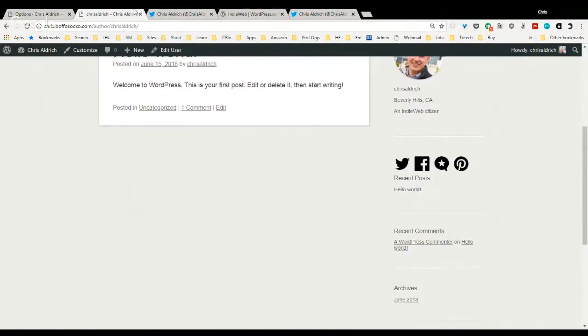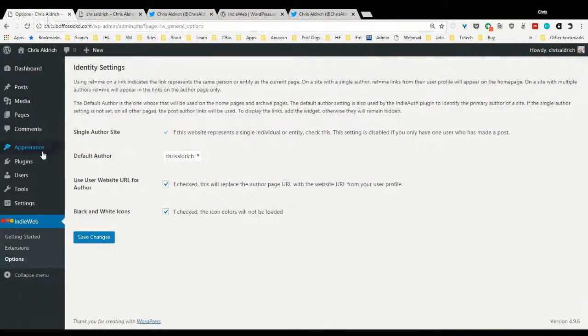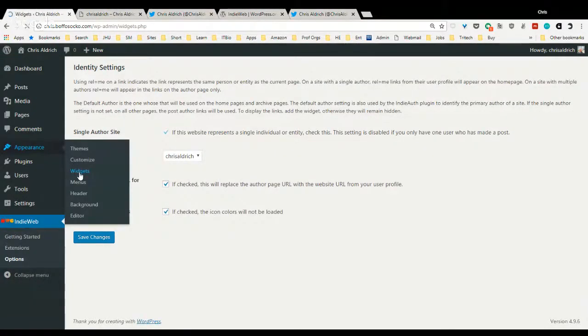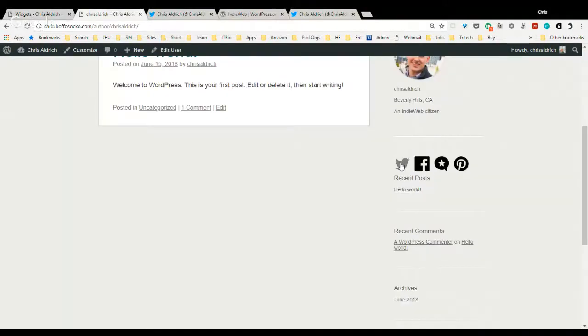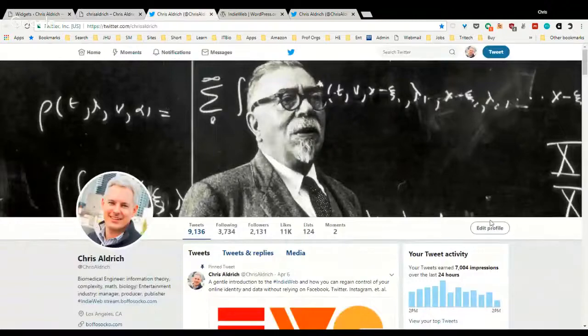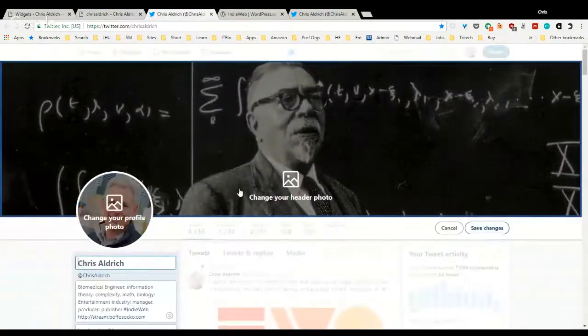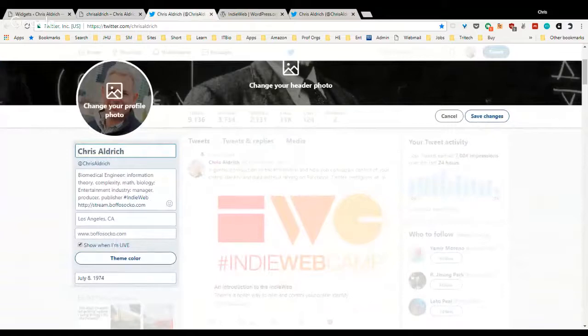And then we did that with, again, that came from the author hcard widget. Then we added the rel=me widget, which added these little icons to indicate other accounts we have in other places on the web. And ideally for each of these, you'll go into your account. You can edit your profile. So on my Twitter account, I'll edit my Twitter profile, and I would put in